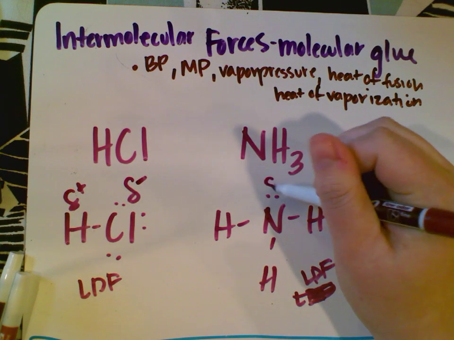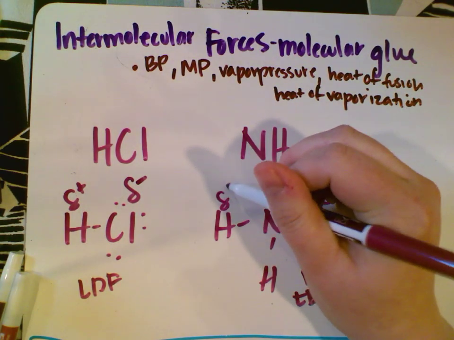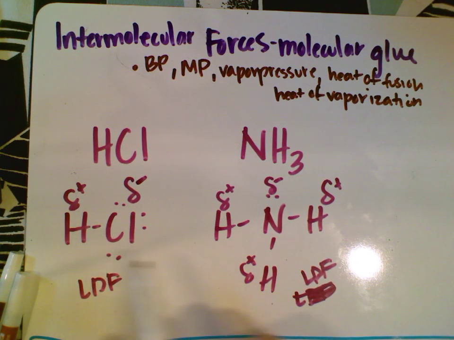It is partially negative around the nitrogen and partially positive around the hydrogen. You really should know by memory that the H's are partially positive and the N is partially negative. So get those electronegativities maybe written down, wouldn't be a terrible idea. So when we take a look at these, since this is a polar molecule here, because it's got a positive